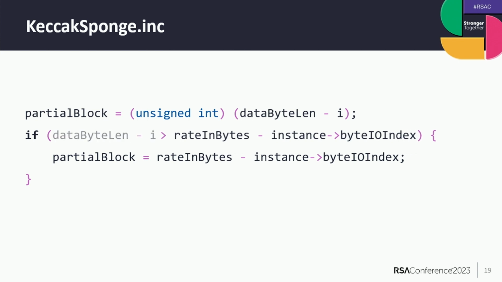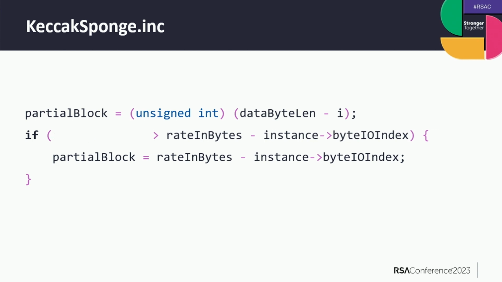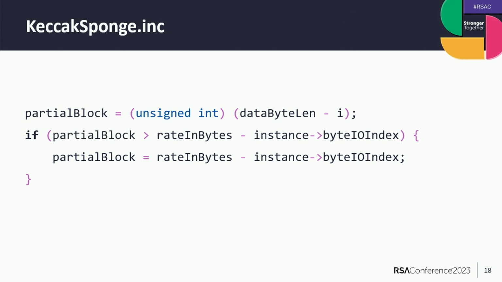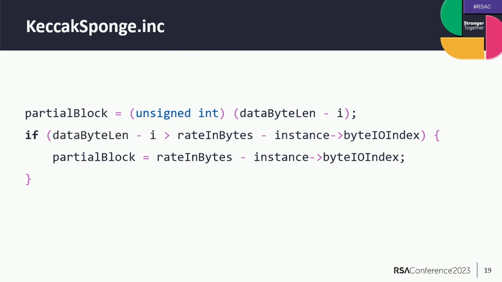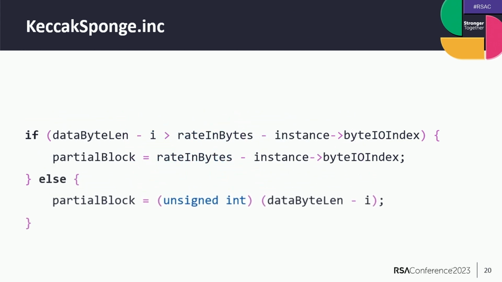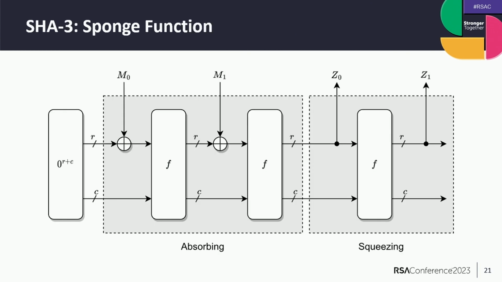But if you want to look at the final fixed code, there are 2 more steps that are done to get there. Like I said, the buffer overflow wasn't caused by this unsigned int, but actually the infinite loop is related to that. So you're not supposed to use the value of partial block here because you drop the higher bits. You're supposed to use data byteline minus I. And then instead of writing partial block and then writing it again, here you can see how the designers decided to fix the implementation in the final version, the updated version of the XKCP extended Keccak code package.